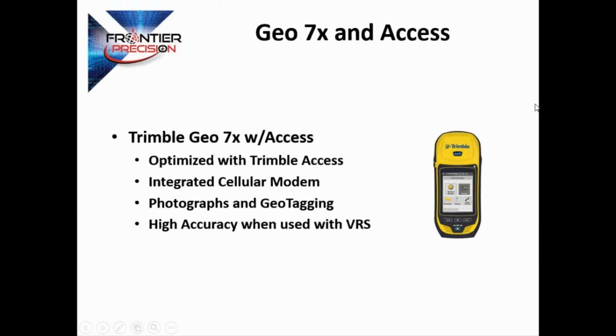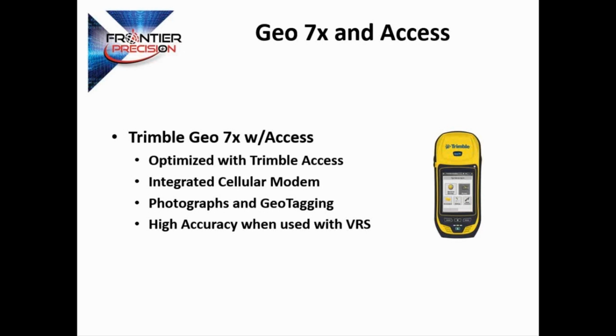So what is the Trimble Geo 7 with Access? Well, basically it is the same box that has been used with the Trimble mapping products for about a year, called the Geo 7X. What they've done is they've loaded the Trimble Access survey software on it instead of the mapping software, to give users the ability to go out with a handheld device and get centimeter solutions when using a VRS